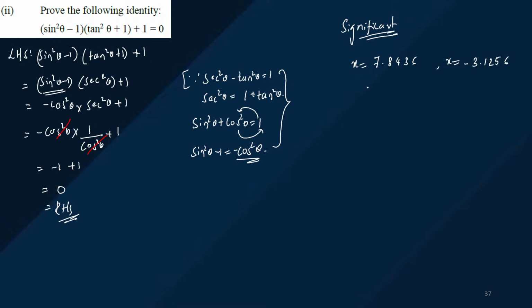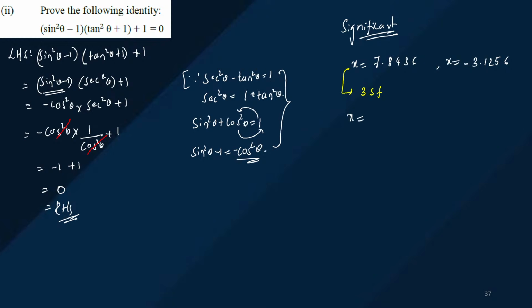Suppose I am supposed to round it off to three significant figures, then I would write x is equal to,